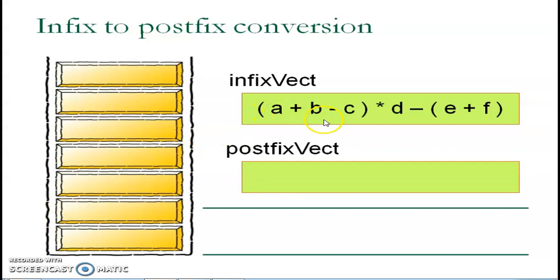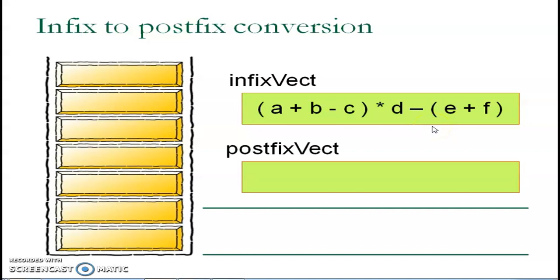Then whenever we reach the closing parenthesis like this, we have to match that closing parenthesis with the topmost element of the stack. If both are matching, then we can discard that. If both are not matching, then we have to pop out all the elements from the stack to the postfix string till we get the exact match. So this process continues till the last element gets considered.